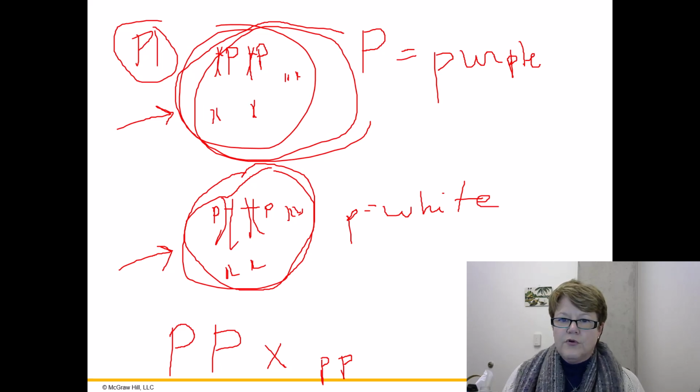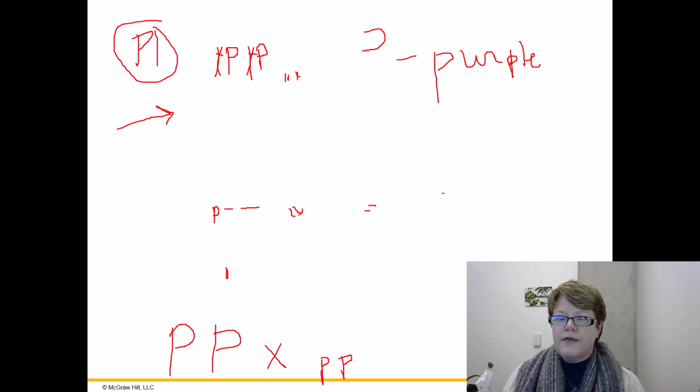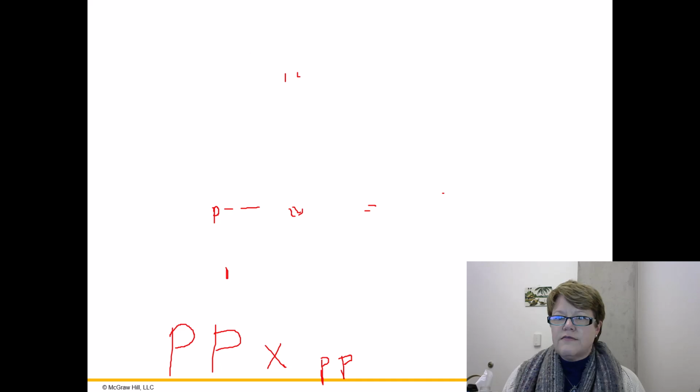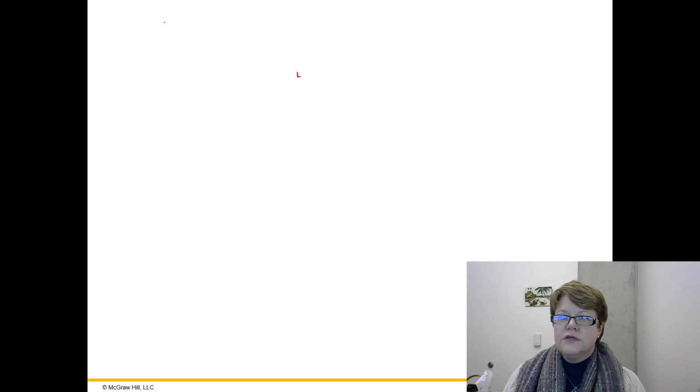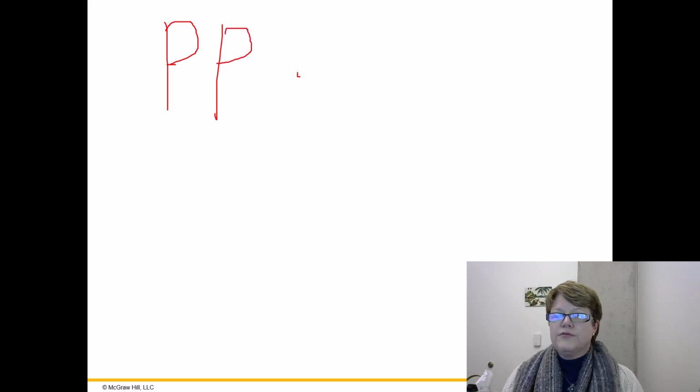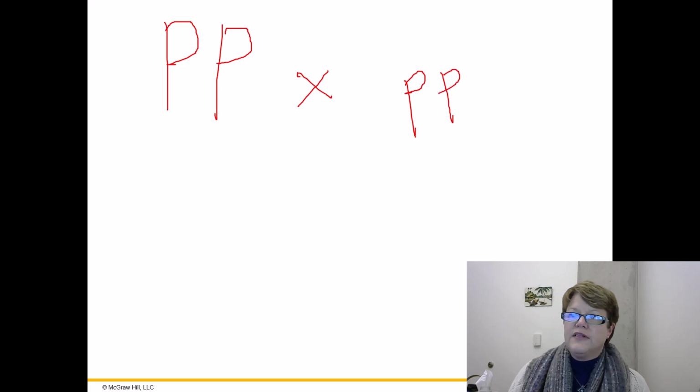So I'm going to make some more room here. I'm going to just move this to the top, okay? So when we write this, big P cross little p, what we mean is a whole plant, and in every cell of that plant, both copies of the flower color gene are purple, and we're going to breed that to a whole plant. In every cell in that plant, both copies of the flower color gene are white. Now, this plant here